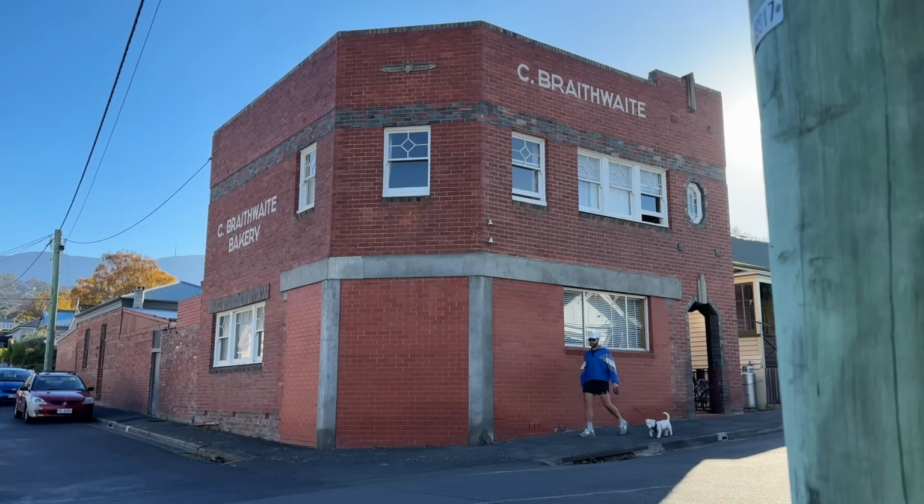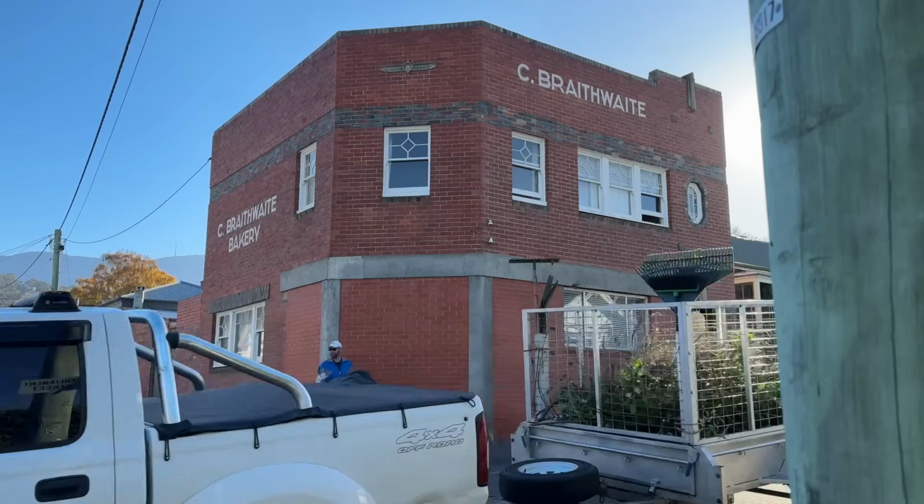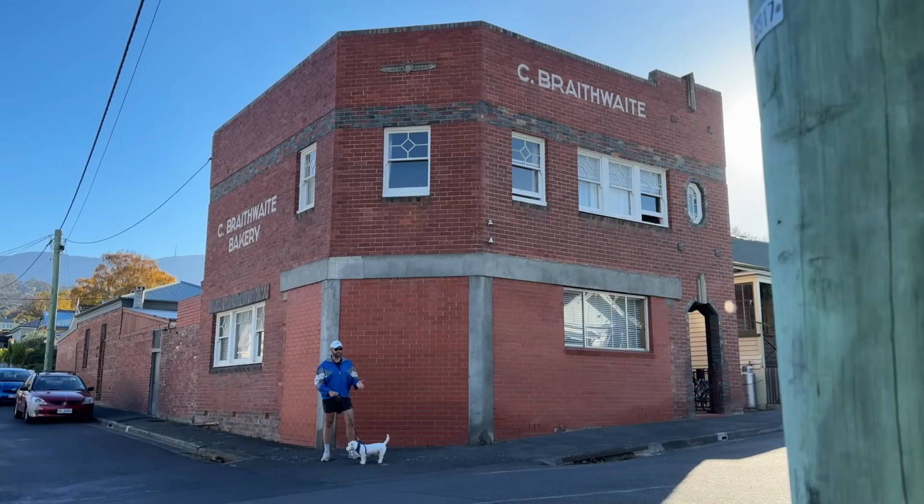So the dog and I are out the front of the Brath Rackery Bakery. Oh gosh, wallop, what a shop. We're here because of this brickwork. You can see the infill. So you've got the original bricks of the facade up there, and then you've got the new stuff. It is a solution to a problem. This bakery was in its heaviest operation in the 1940s, and over time,